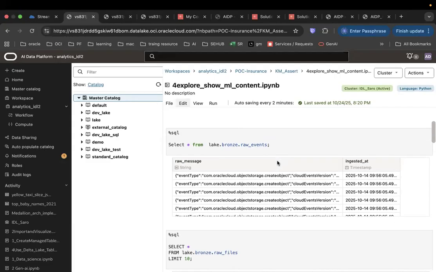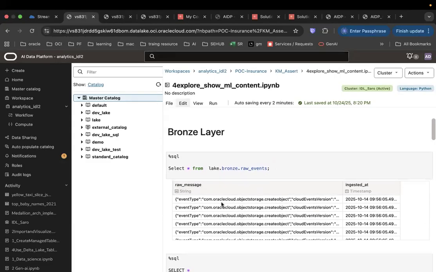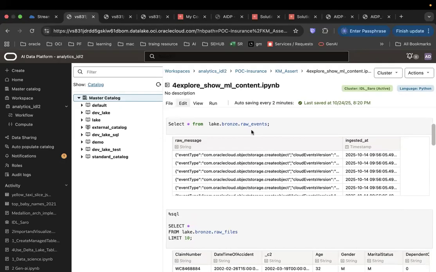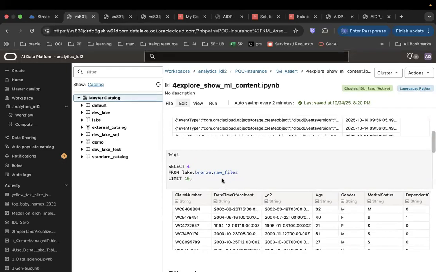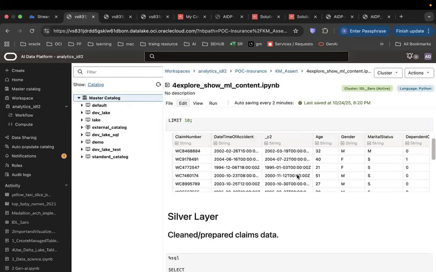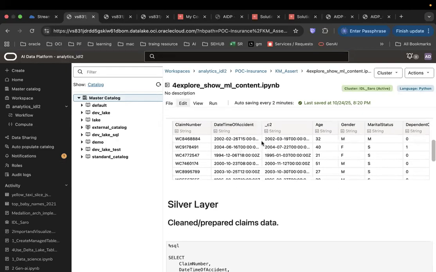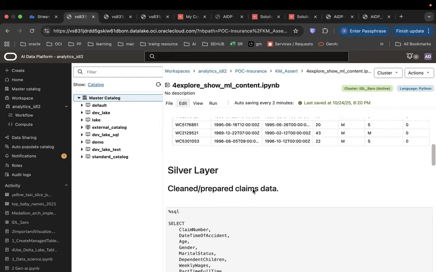See the bronze layer, we have the events table. This is how it looks. Whatever messages are available in the OCI streaming will be available in the raw events. And then the raw files contain all the CSV information. The complete raw file information will be stored here. And then the cleaned